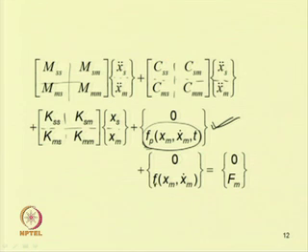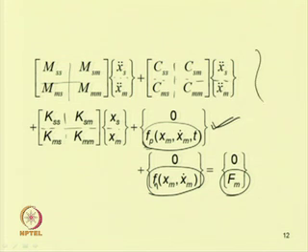Similarly, for this nonlinear term, this is in the master degrees of freedom and for the slave degrees of freedom we are putting it equal to 0, and this is the external loading of the system. So we can write the original equation in this way by taking the master and slave degrees of freedom and partitioning it. Now, by writing in this form, we can solve this equation using different methods.